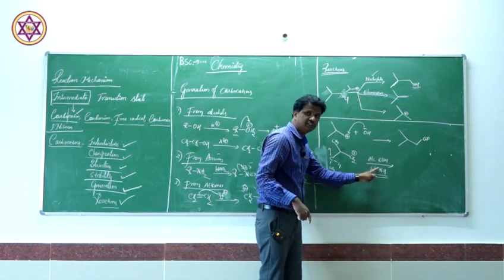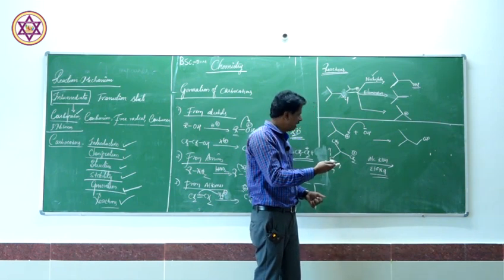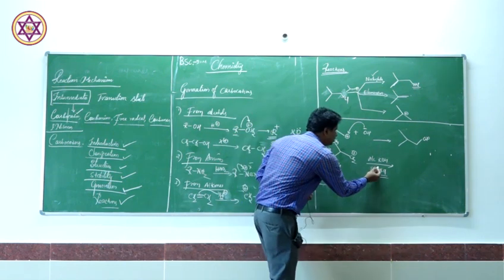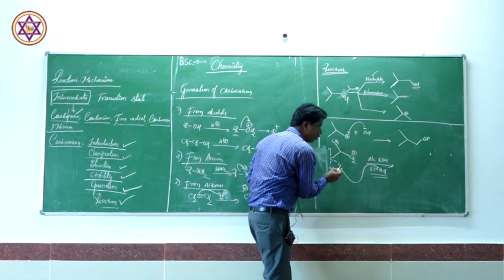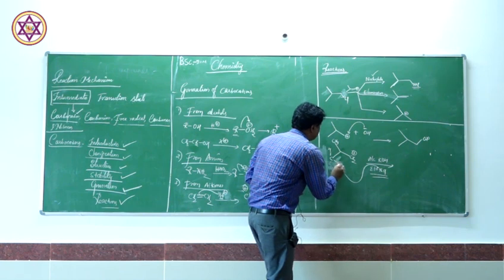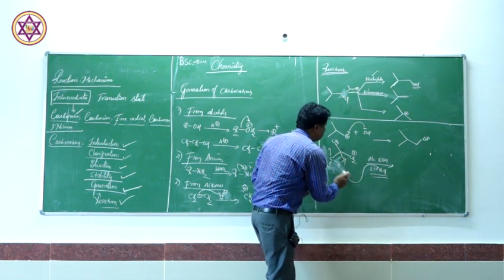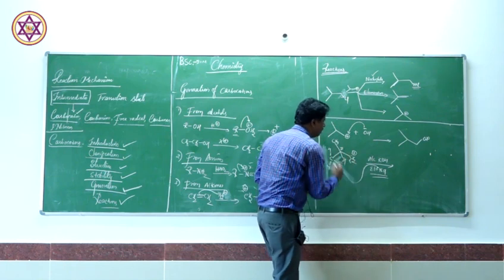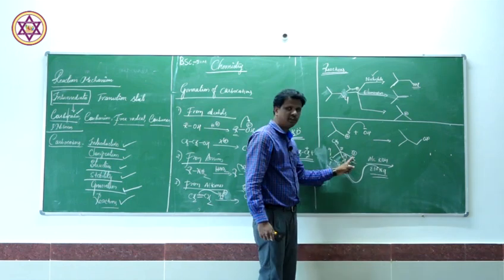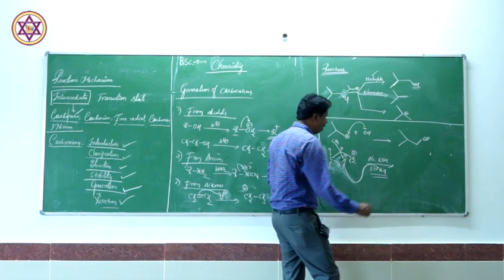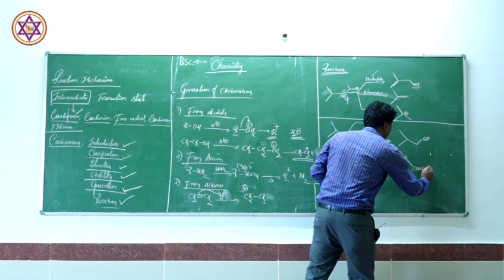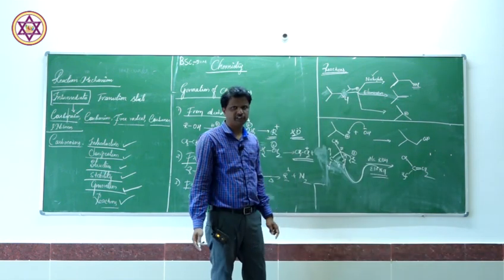So this negative charge, instead of attacking the positive charge, abstracts a beta proton. This negative charge takes up this proton, only the proton. This bond will... I'm sorry, this is wrong. Not this proton, here is the proton. So this is alpha, this is beta. This base will take up this proton and this bond comes here to neutralize the positive charge. So you will get a compound like this, CH3 double bond CH2. This is an elimination reaction.